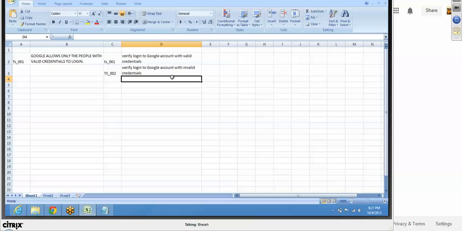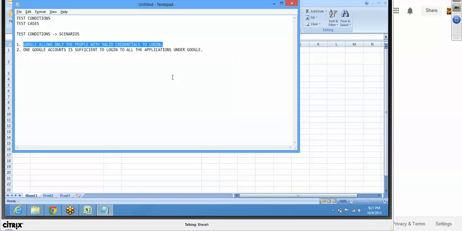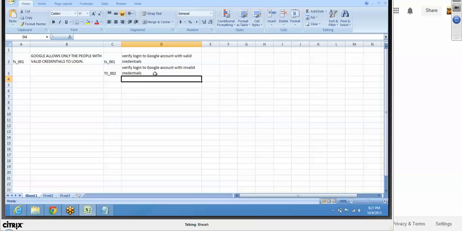Then it should throw some error messages. Again, in this particular scenario, when I set invalid credentials, what could be invalid credentials? Either the username is invalid, or the password is invalid, or both are invalid, and so on. And what happens if I try to